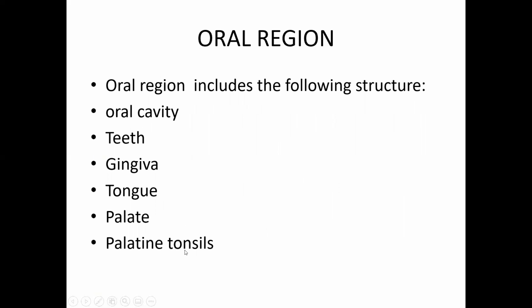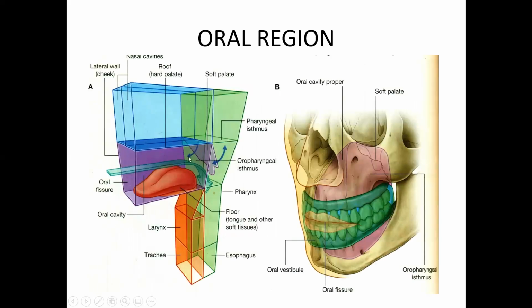So you can see here, this is the oral cavity. It consists of two parts. This is the oral cavity, and in the oral cavity we have two parts. This is the vestibule. Between the cheeks and the teeth and the gingiva, we have the outer part of the oral cavity. This is the oral vestibule.